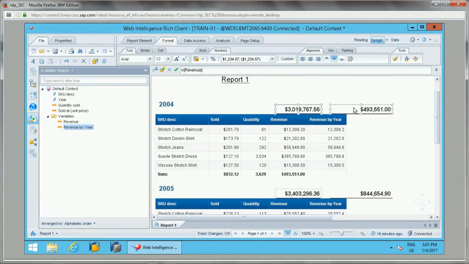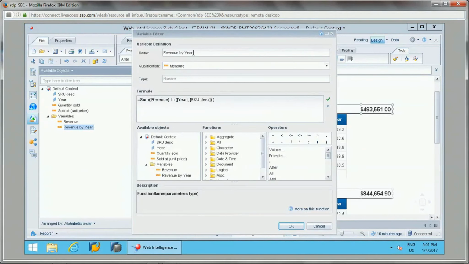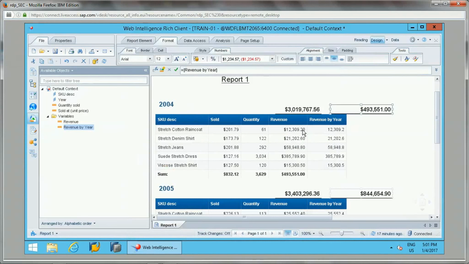So why is it? Because it is referring to revenue by year, and if you go to the revenue by year, it has this sum of revenue in year and SKU description. So we are forcing the calculation context, input context as year and SKU description. Whatever the calculation needs to be made, it should be made on year and SKU description.